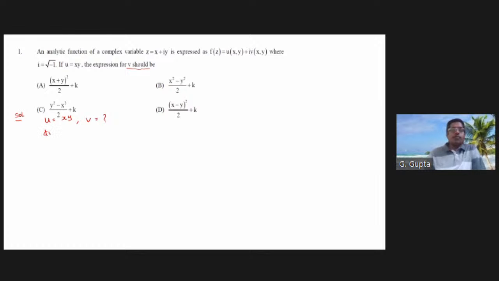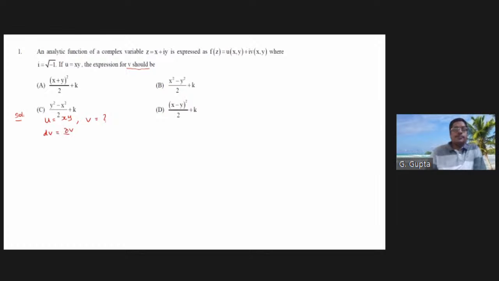When both u and v are functions of x and y, and f is a function of x and y, then df is equal to dou f by dou x into dx plus dou f by dou y into dy. We can use that result. dv is equal to